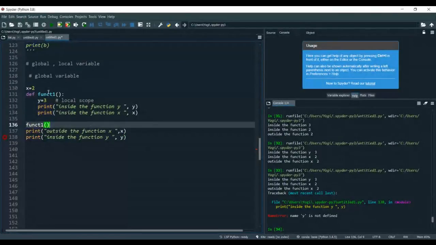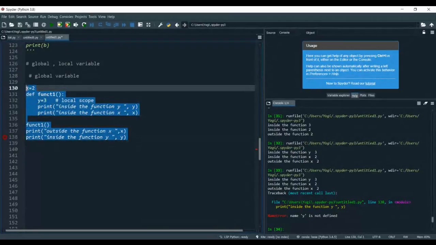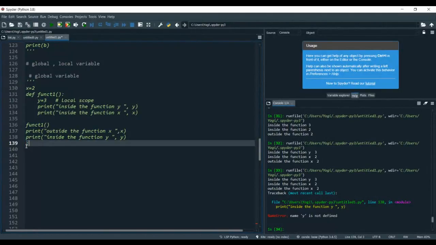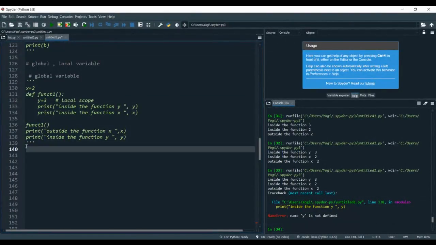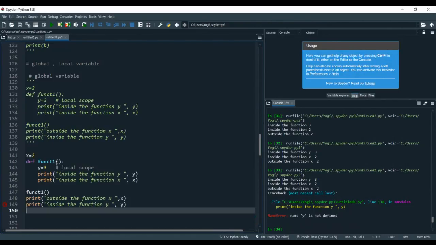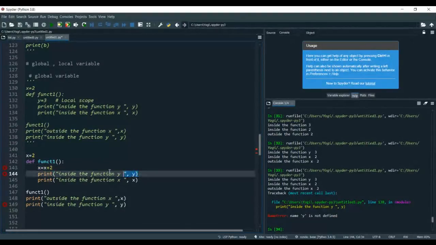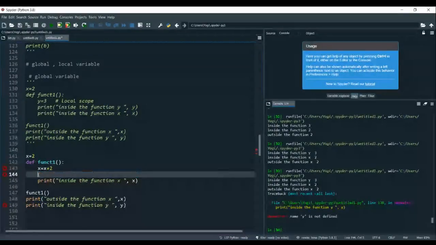Now suppose I just want to do one more thing here. Let me make it a comment. Same thing, what I am doing now is x is equal to x plus 2, right? Let me delete this.